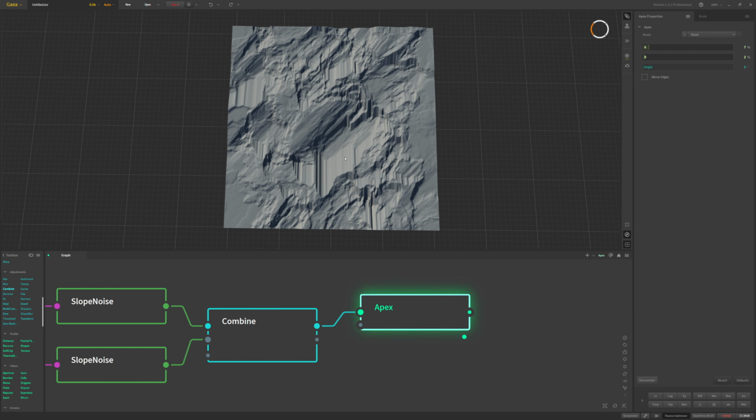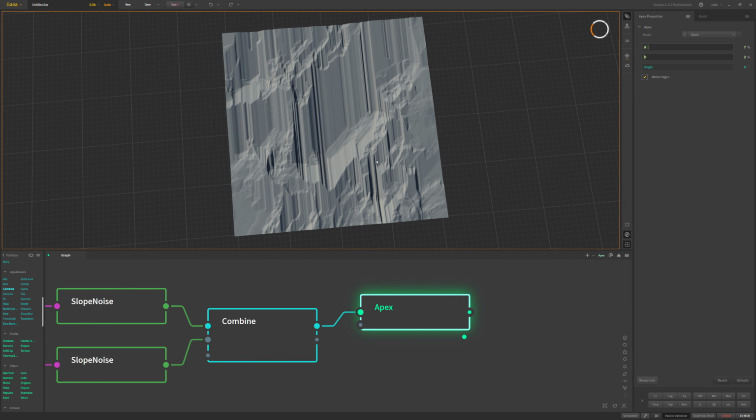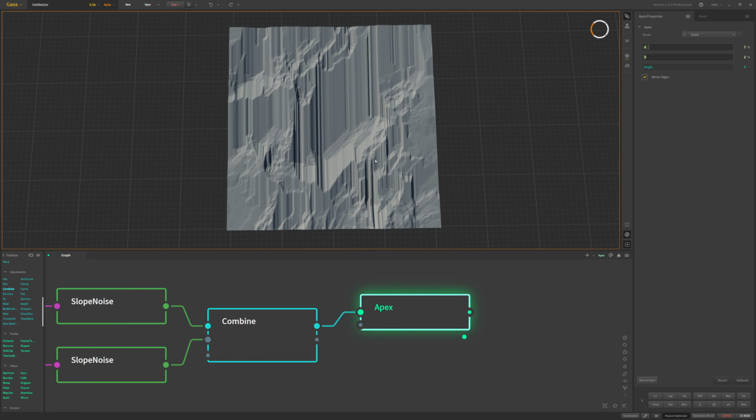And what I can do, I'll turn on mirror edges, so it just copies around the edges. That might help later on, and stretch it a little bit more. That gives us some nice vertical details, but the problem with this is it feels too consistent. They're just straight lines. So a trick that I've used is on this apex node, I'll go down here to